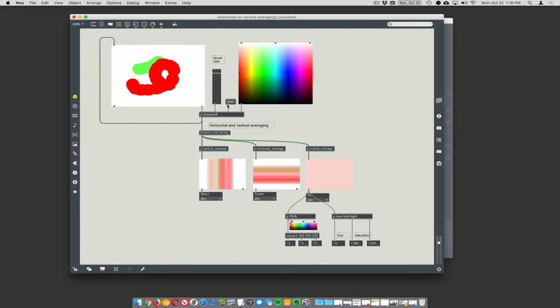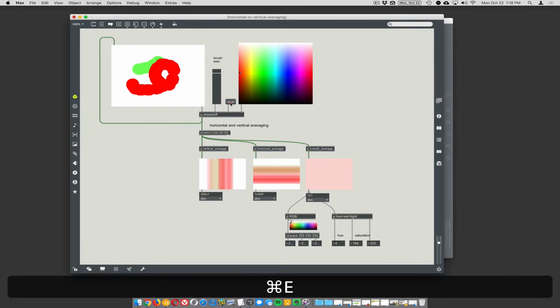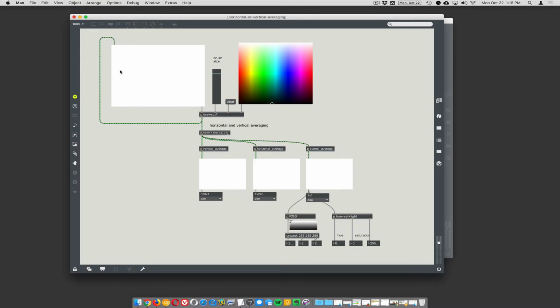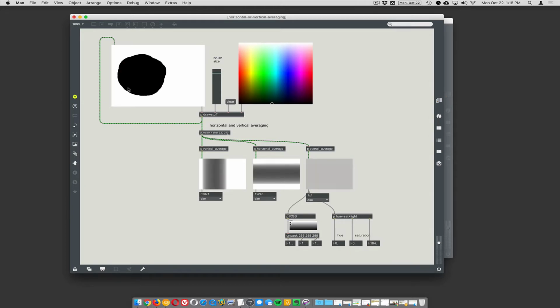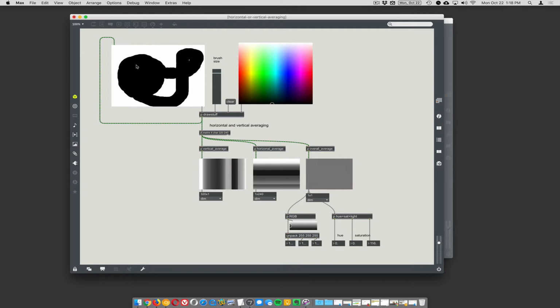So if we were to clear this, pick a black brush here, and if I just make a dot here, you can see that turns into a line here, and then this is slightly darker than white. And if we make this bigger, you can see that gets a little darker. And this might come in handy. I just wanted to show a couple of flexible ways to get some data out of your